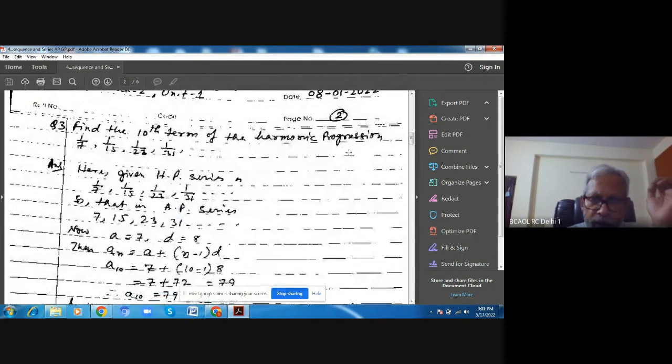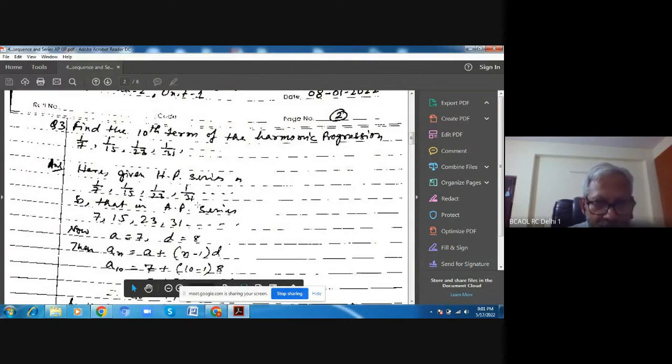Now harmonic progression, that is your HP. HP is given as 1 by 7, then 1 by 15, 1 by 23, and 1 by 31. You have to identify the 10th term. So when you identify the 10th term,